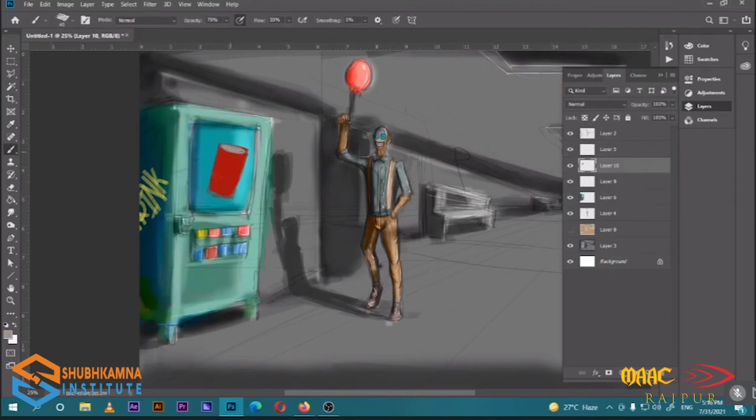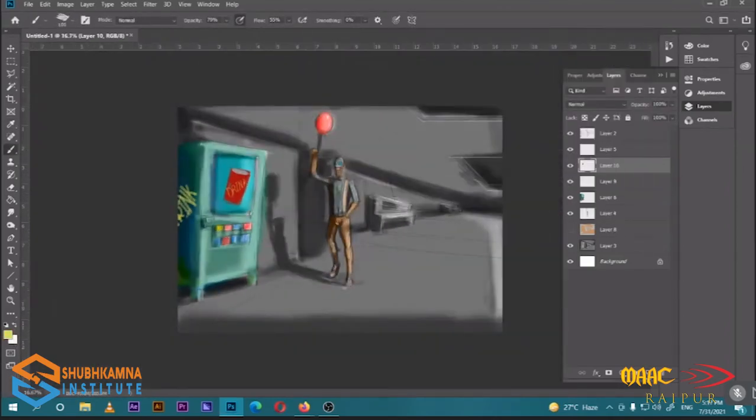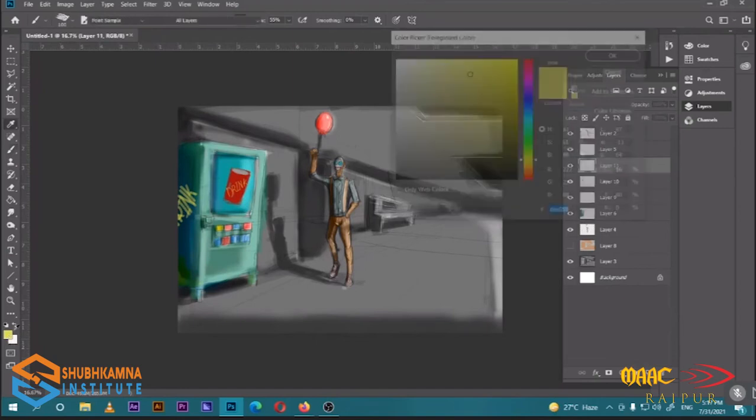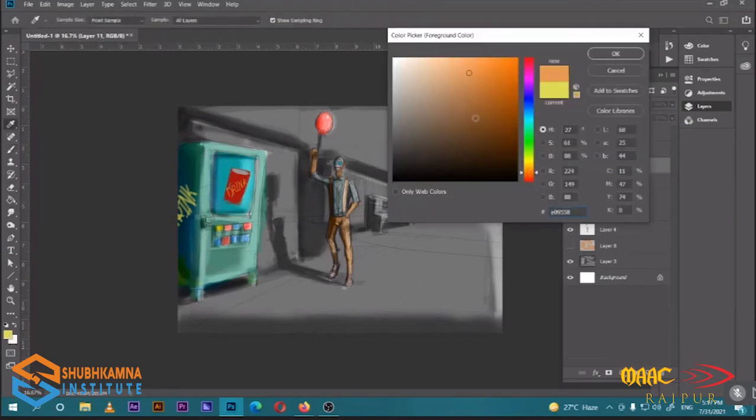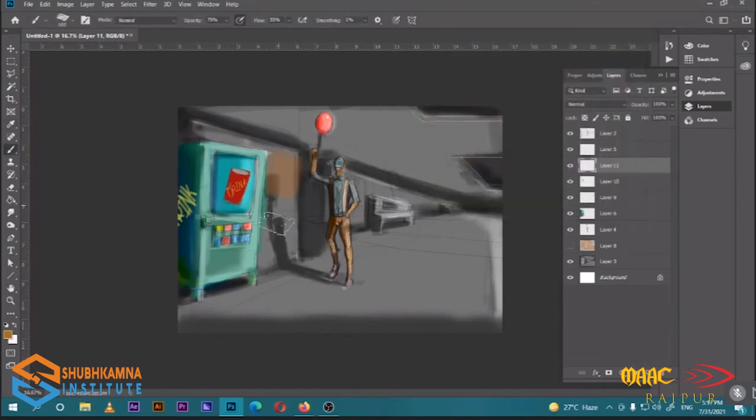Let's add some object over here, and that's a bit of concept. And I'm just adding some of the warm lights over here. Give it a little bit of